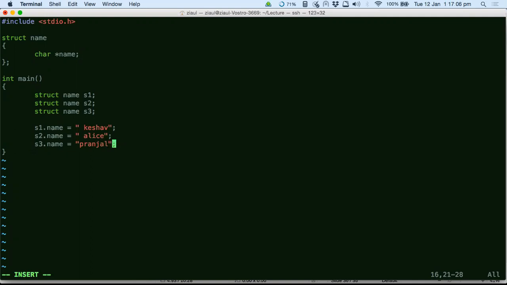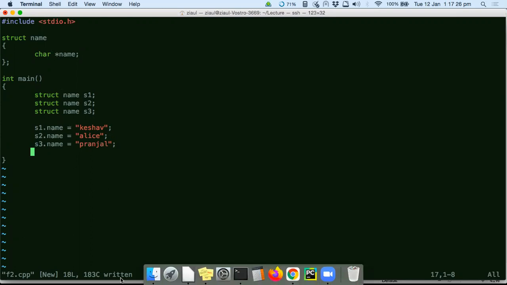Your name is quite difficult to write, so I'm writing his name. Good. So what have I done here? Simple, basic structs, right? I have created 3 structs and I have populated 3 different names in 3 different structs.